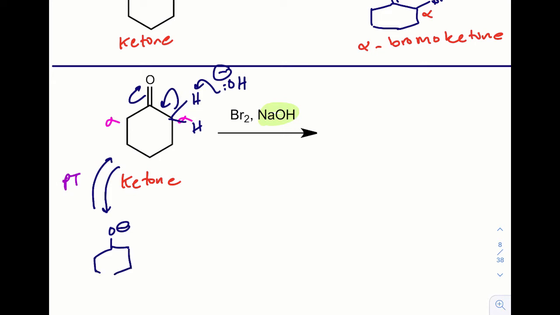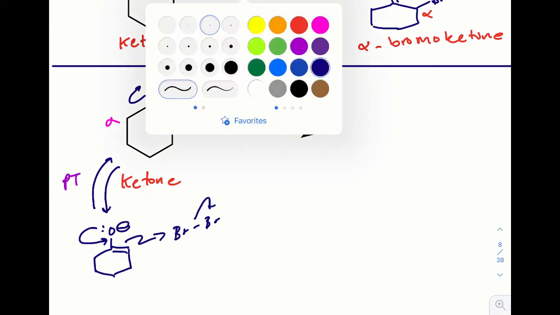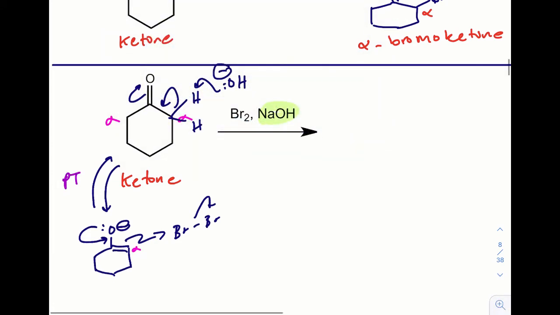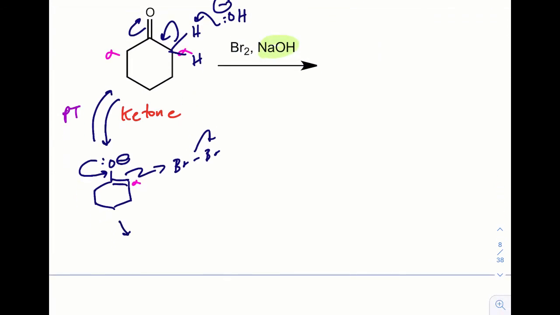Some enolate is still formed. And this enolate now reacts at the alpha carbon because it is nucleophilic at the alpha carbon with an equivalent of molecular bromine, generating in this electrophile addition step, electrophile adding to a pi bond from organic chemistry 1, an